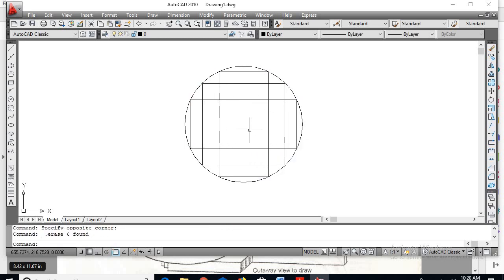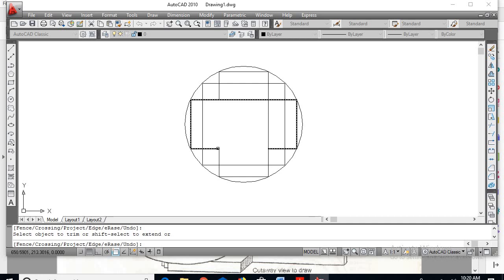delete. So now we have to show the 3 steps. Okay, go for trim command, right click, and trim the unwanted lines. So 3 steps have to be shown.